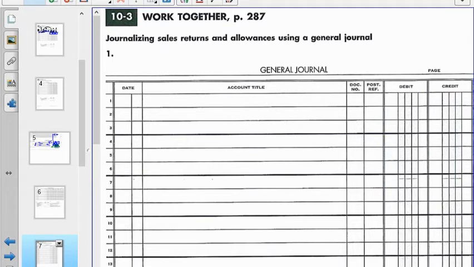So we've got 3 accounts that are getting changed. We have the sales return and allowance. We have also sales tax payable. Now, if you were charged a certain amount of sales tax on an order, but you didn't keep all of the order, you sent some of the order back, you probably wouldn't want to pay for the whole order. So in turn, you're going to send a piece of that order back, so some of that sales tax has to come back as well. And in turn, your accounts receivable needs to change, meaning it's got to go down. It goes down on the credit side. So I'm on page 286,